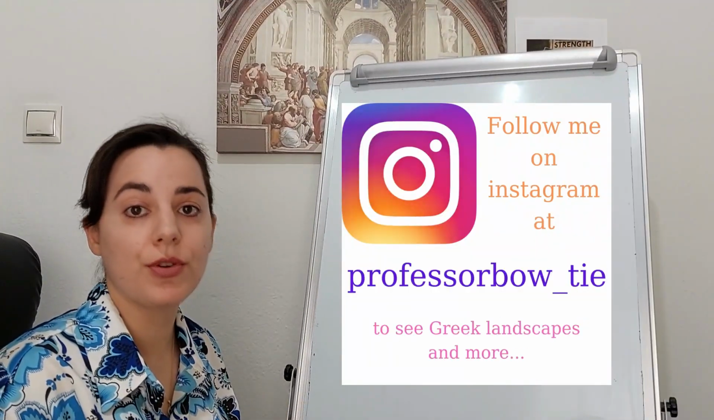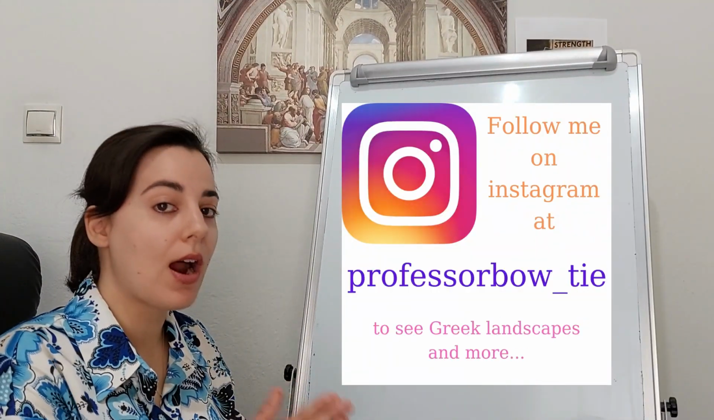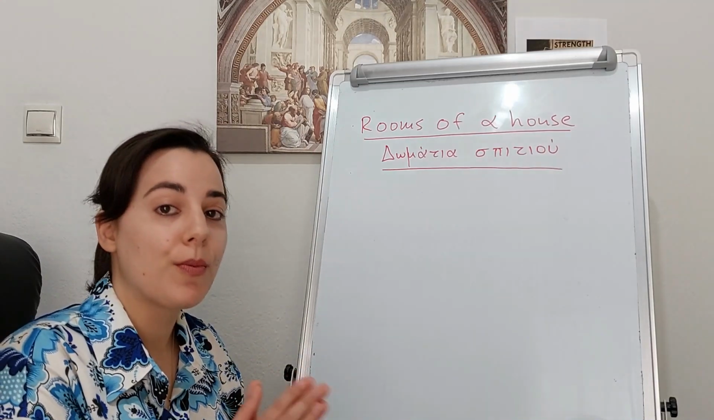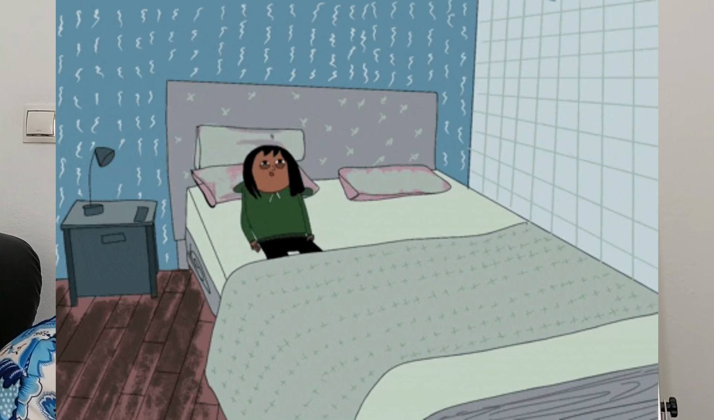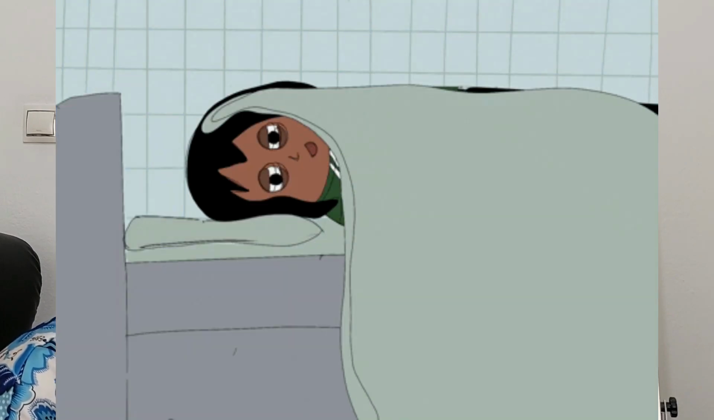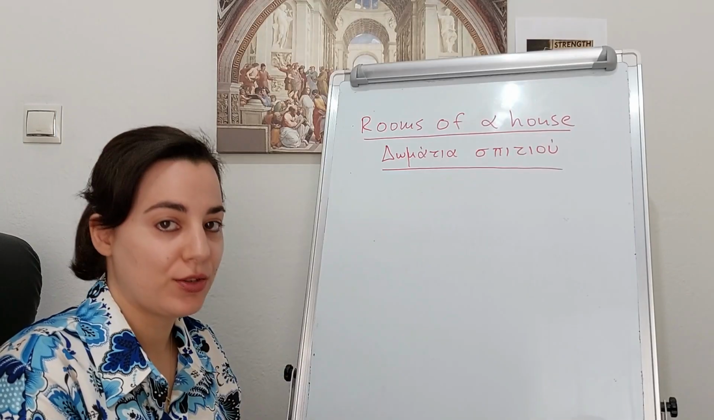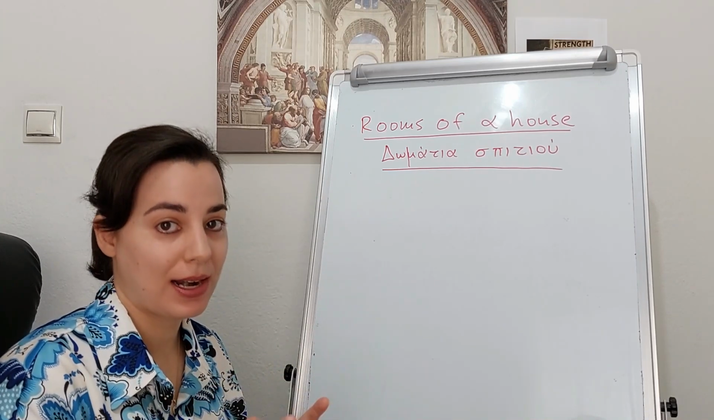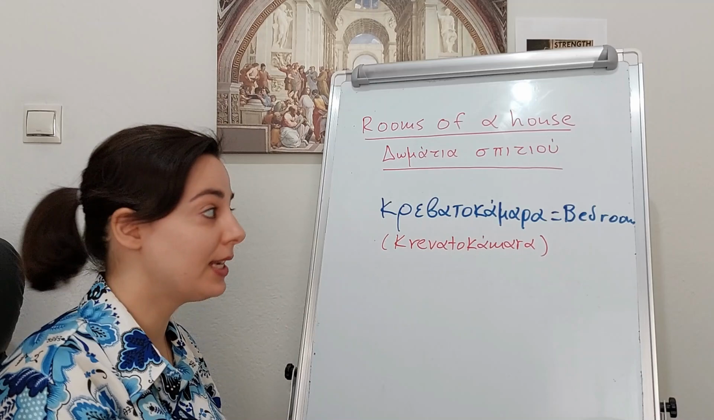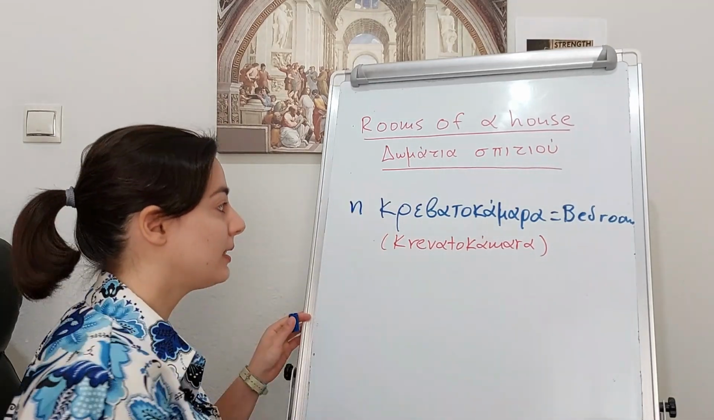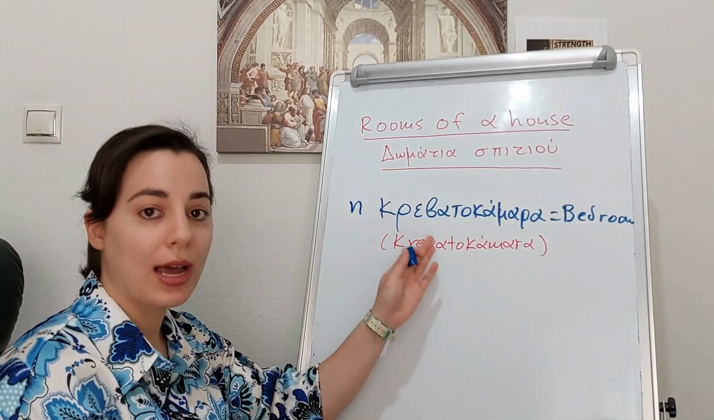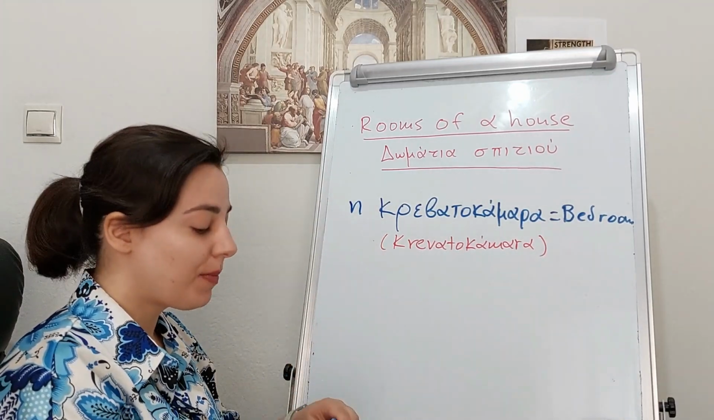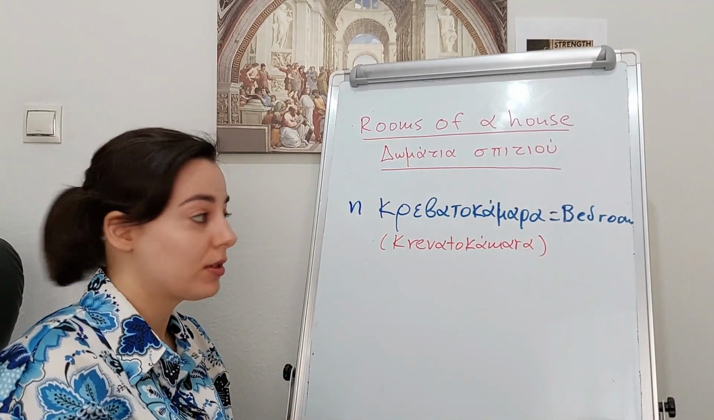So, in the next room you spend the most valuable hours of your life, because in this room you permit the body to rest and be prepared for the next day. This is the bedroom and in Greek is called krevatokamara. The article that we use is I, a feminine. I krevatokamara. This is a compound word consisting of